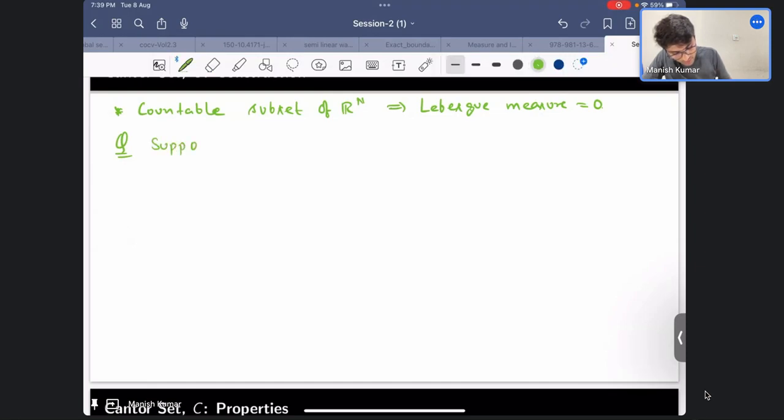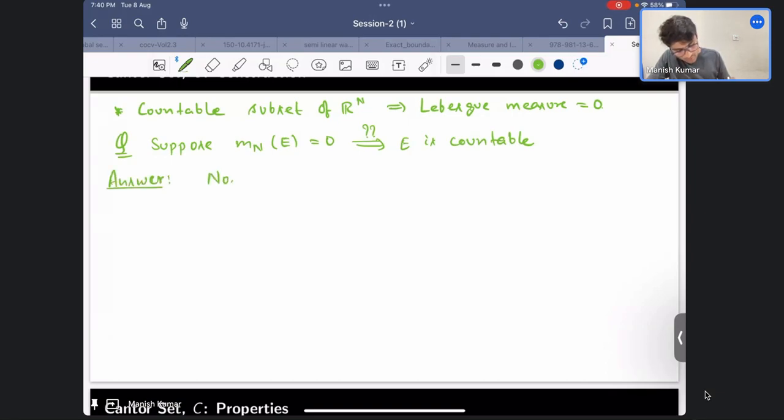Now the question is, suppose m_n of E is 0. That means the Lebesgue measure is 0. Does this mean that E is countable? This is the question: if the measure is 0, can we say that E is countable? Okay, and the answer is